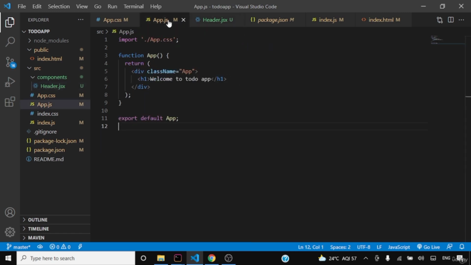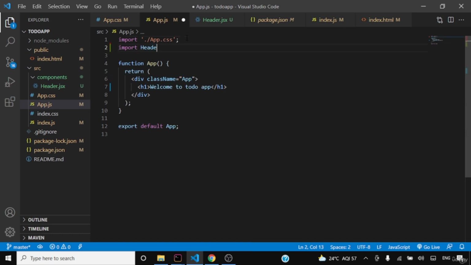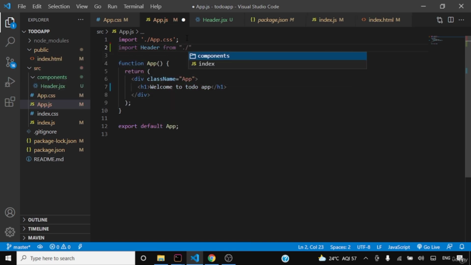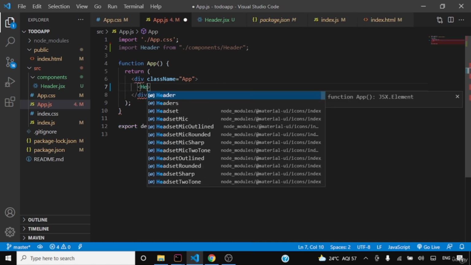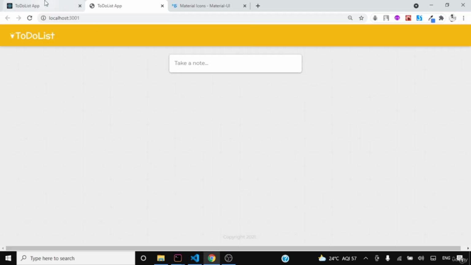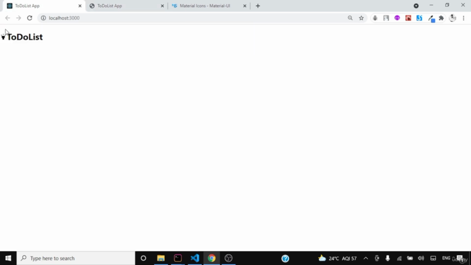Once you export this, now you have to import this component in your app.js. So go to app.js and simply import the Header component: import Header from ./components/Header. Once this is done, here instead of the welcome to do app, we want to display Header, the imported component. Now if you open your website, yeah, here you can see we have got the icon